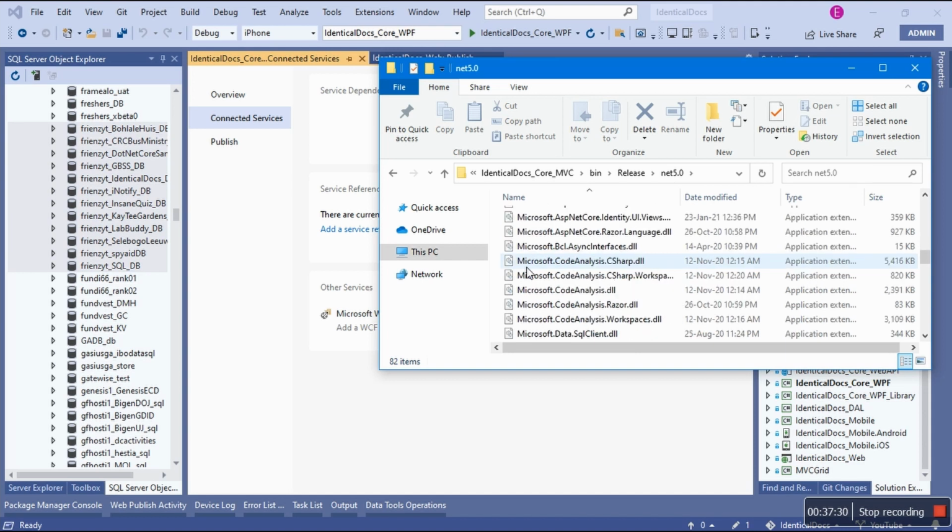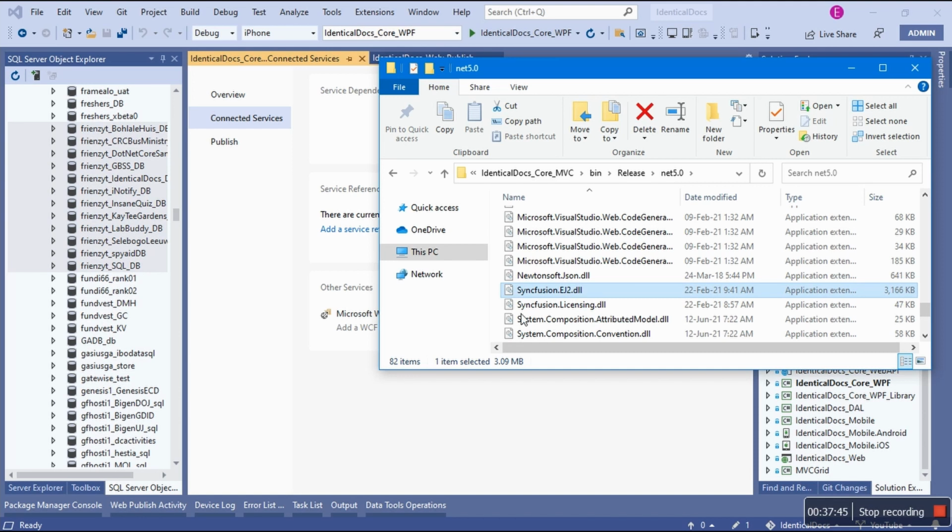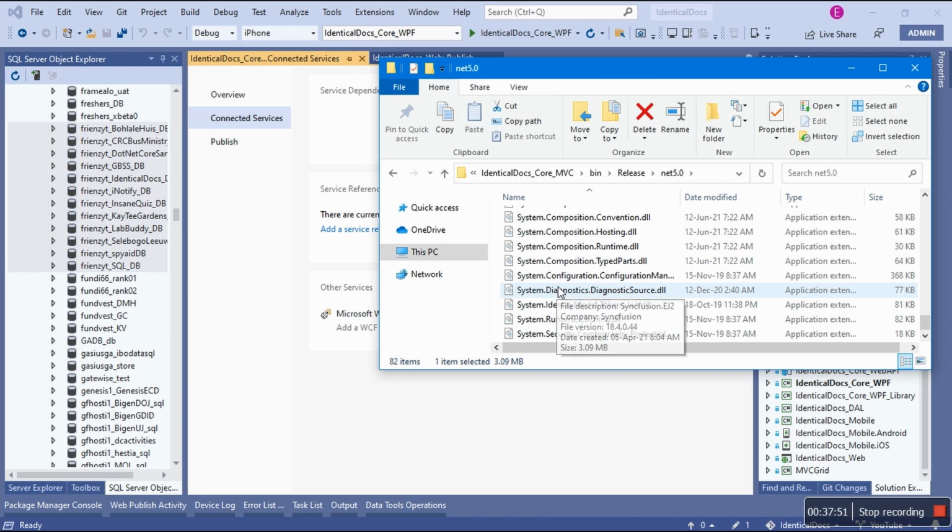All these folders and all these files are going to a server, and some of them are big, like this one, 1.22 megabytes. All of them, each time you publish, in my case, with the self-contained deployment mode. And look at this, the Syncfusion control is 3.09 megabytes. So you want to be smart about this choice.